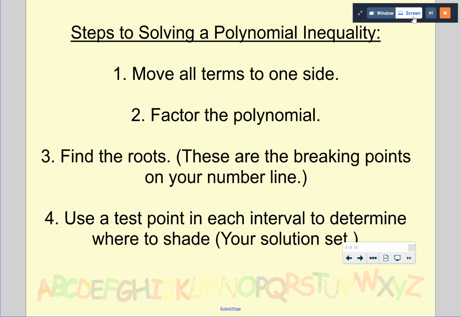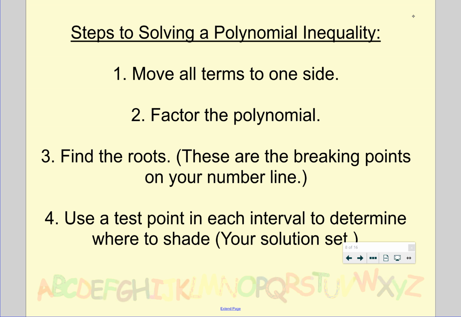In your notes, write down these 4 steps. You can paraphrase a little bit here. We're going to start today with polynomial inequalities for the first few problems, and then we're going to do a couple rational inequalities also. All right, so polynomial inequalities are going to start really similarly to how we did polynomial